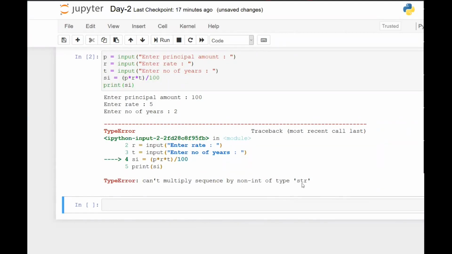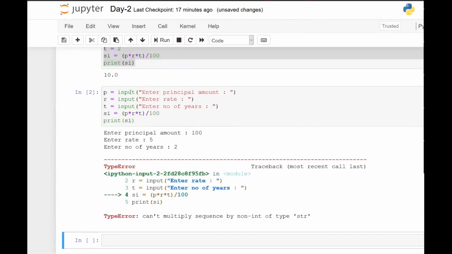So if you remember from yesterday's class, what did I mention? Whenever there is this input function, it is always going to take the values as a string. Do you remember that? Input is always going to take the value from the user as a string. So whatever value you provide, like I have given 100 over here, it will be accepted by the computer as a character, not as a number.